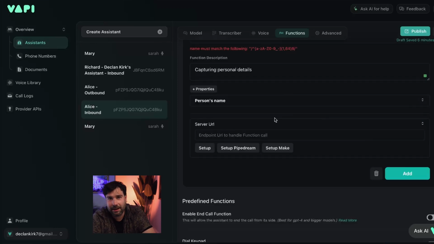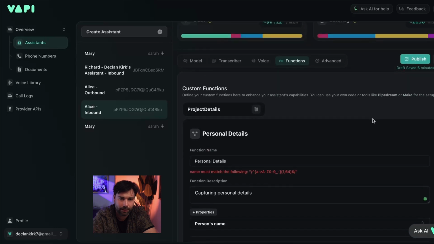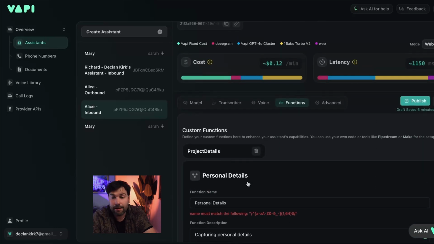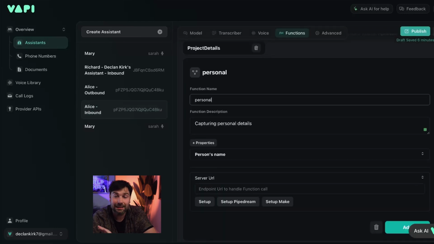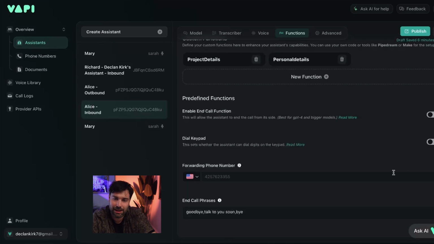Now this step's really important, and it's one that kept catching me out, and it can be pretty annoying, especially when you've got 3 or 4 kind of advanced prompts here. You must press save to save it, and then crucially at the end you press add down here. If you don't press add, it won't save it. So we press add. Now we've got it saved as an option. There we go. And then we have it.